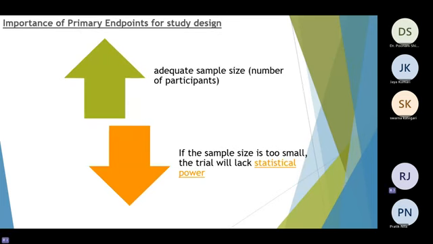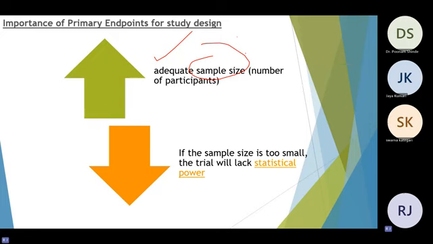So whenever they are designing a clinical trial, they have to take a good number of subjects in the trial. That number of subjects in a trial, we call it sample size. Okay, we learned in phase 1 less than 100 people are required. In phase 2, 20 to 80 people are required. In phase 3, sorry, up to 3000 people are required. Okay,